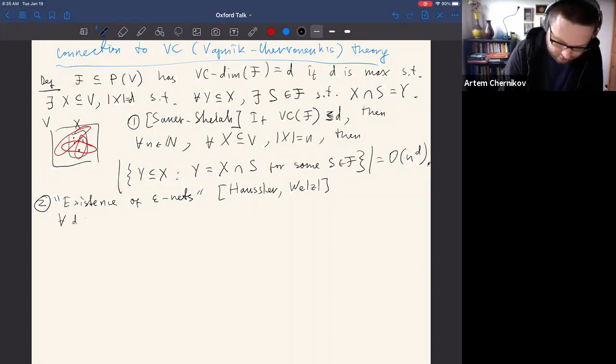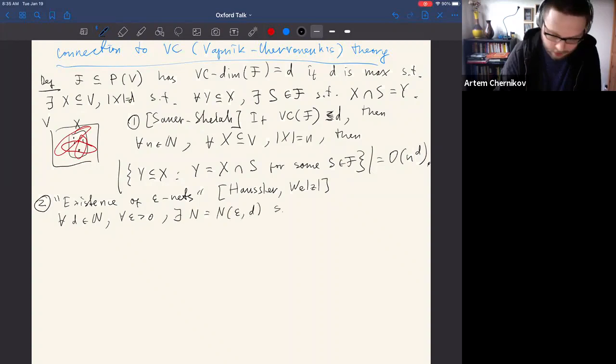So to be precise, for every natural number d and for every positive real number epsilon, there exists some natural number n, depending just on these two parameters, such that, and let me just state it for finite probability spaces,